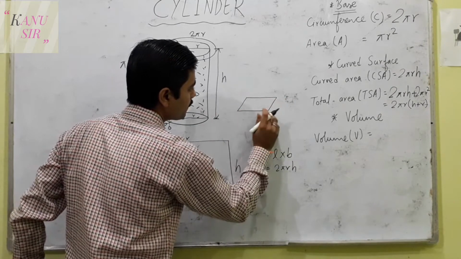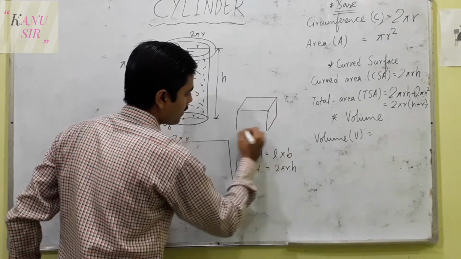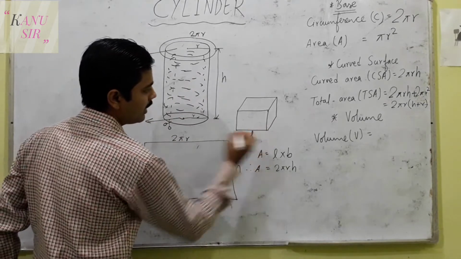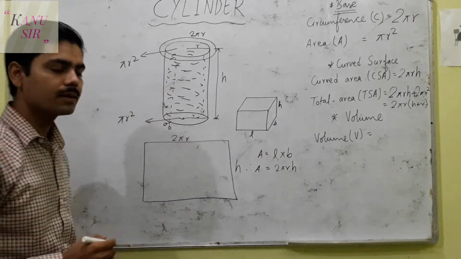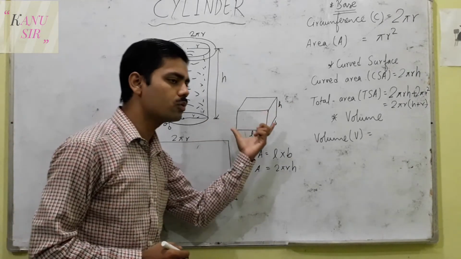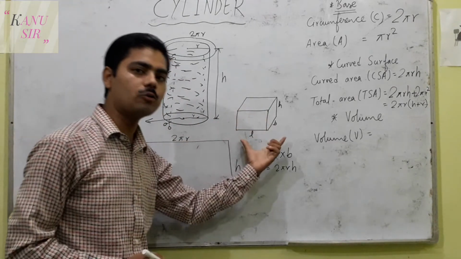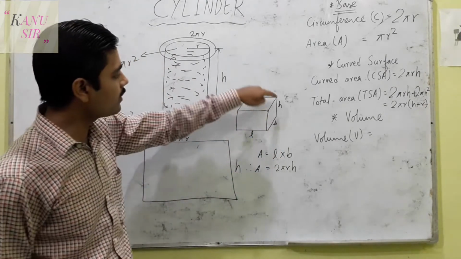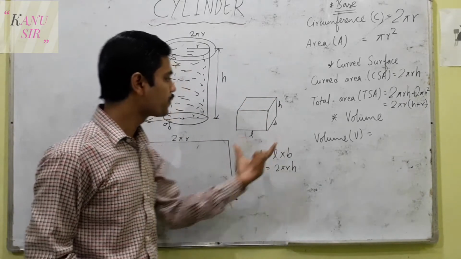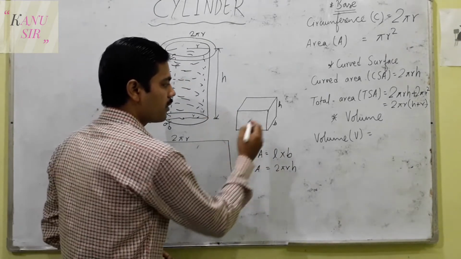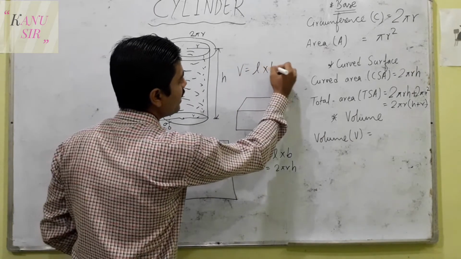In a box, we have studied, if this is the length, this is the breadth, and this is the height of a box, a cubical or cuboidal box. If all the sides of a box are equal, then it's cubical. If all the lengths are different from each other, then that is called cuboidal. So the volume of a cuboidal box is L into B